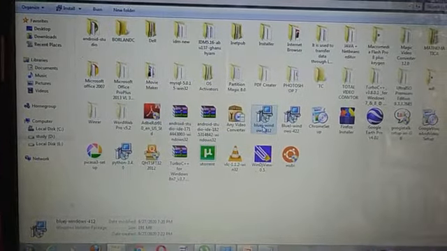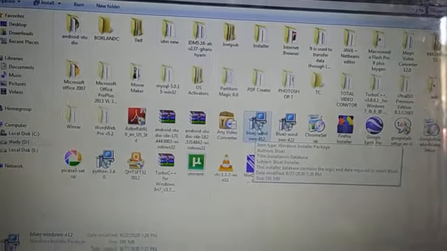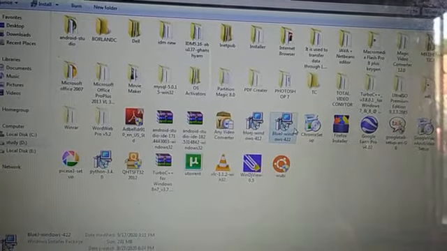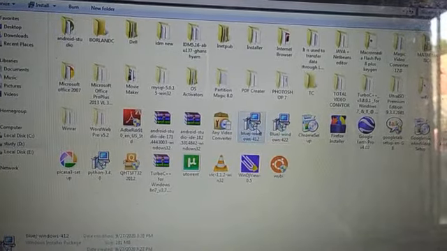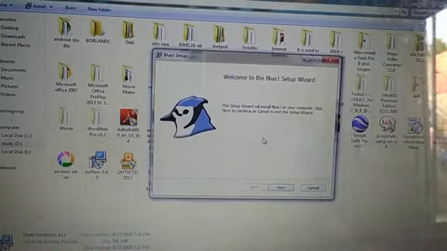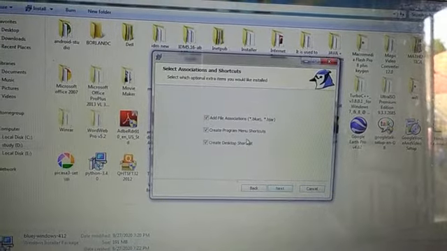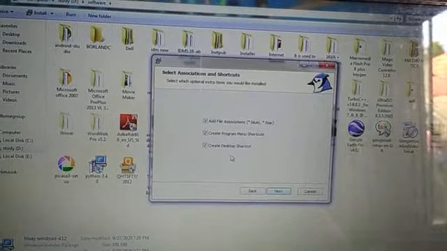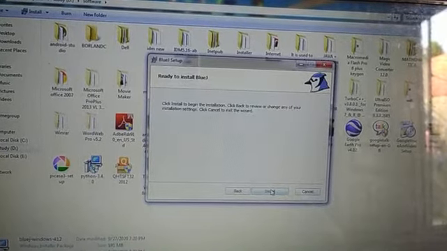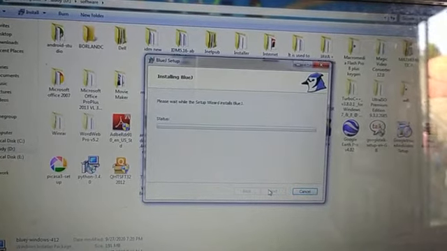Now after downloading, it is around a 200 MB file, like 191 is showing here. If you download for 64-bit, it will be 212 or something like that. Then you will run it here, double click over there, run. Then just click on next. If you want to create a desktop shortcut etc., click over there, then click on next, install. So it will install your BlueJ.